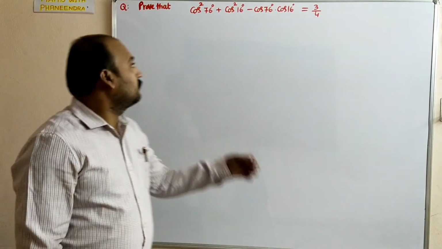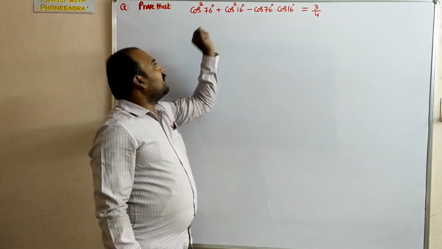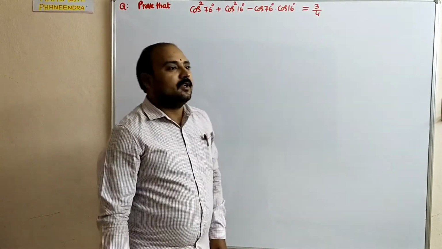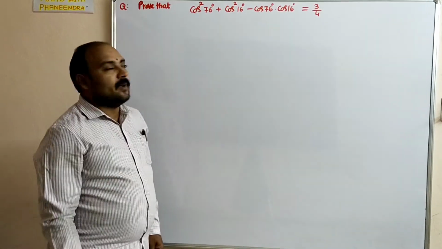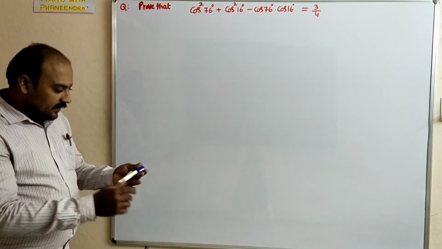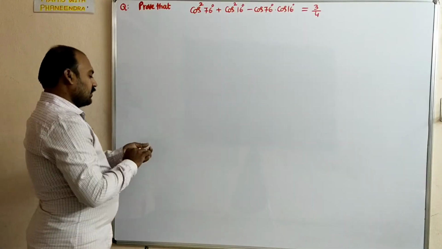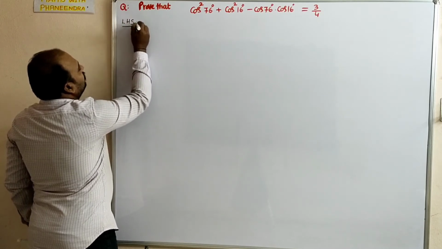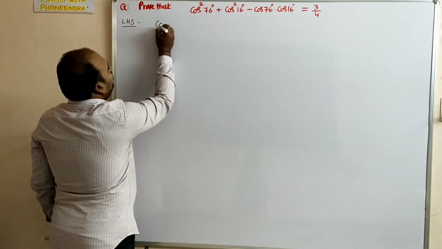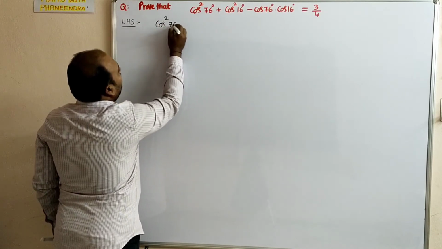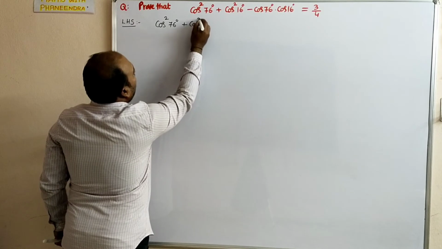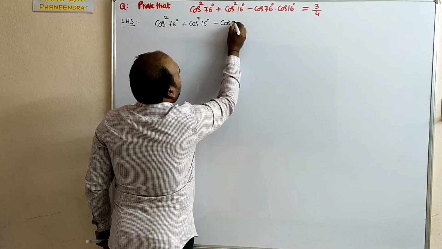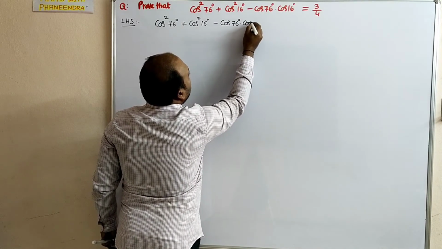The next question. Prove that cos square 76 plus cos square 16 minus cos 76 into cos 16 equal to 3 by 4. So here consider LHS. Consider LHS in the solution. Cos square 76 degrees plus cos square 16 degrees minus cos 76 degrees into cos 16 degrees,